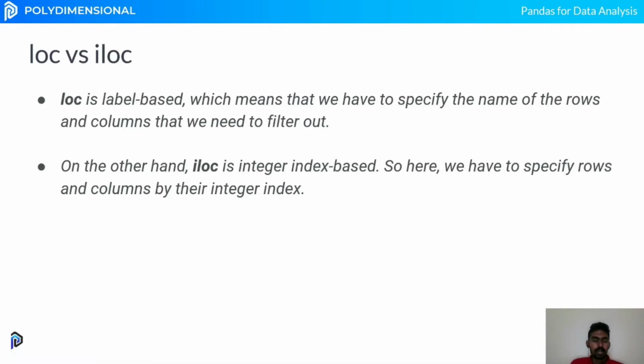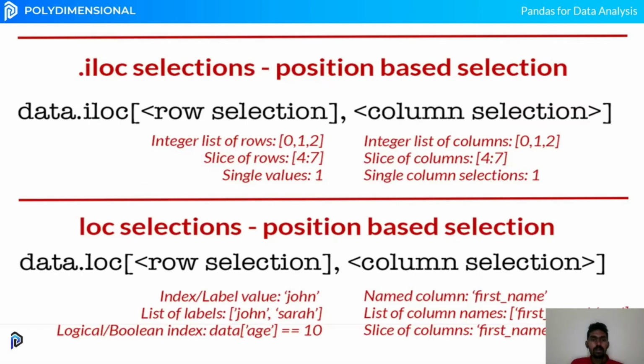Let's see a small comparison between both of them. You have to call both of them on the data frame. The first thing passed is the row selection and the second one is the column selection. First we look into iloc. iloc is similar to the indexing that we do in NumPy. We can pass the rows that we want to select, and similarly the columns. It can be a single value or a list of values, which we know as fancy indexing. We can also slice from a particular range, and do similarly for columns. It can also be a single value, as we said before.